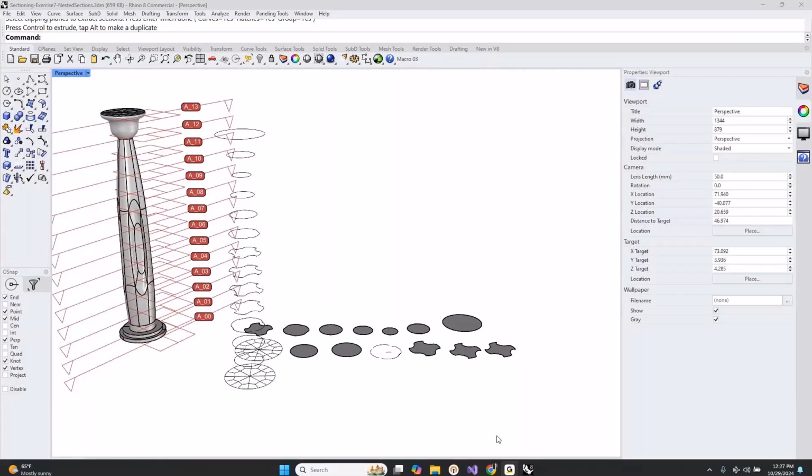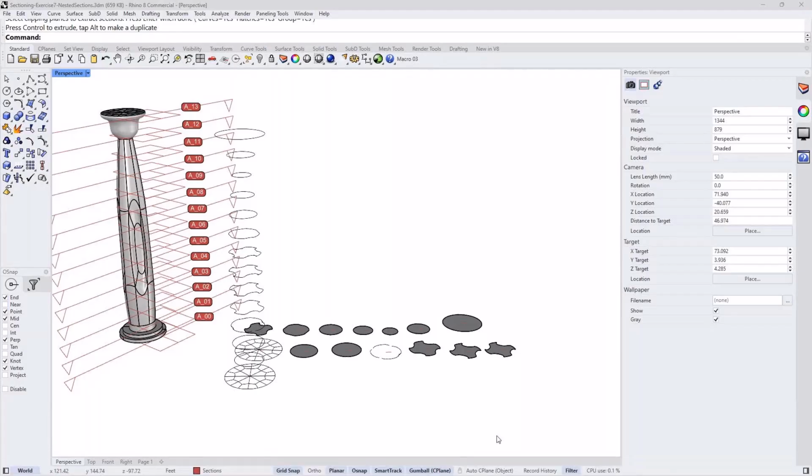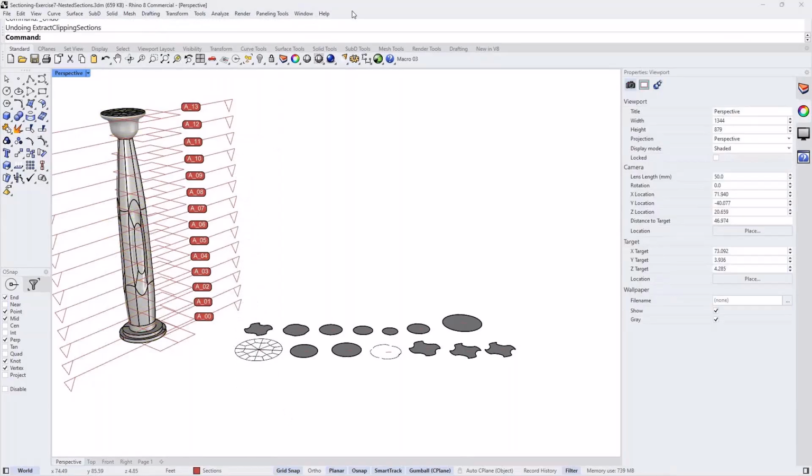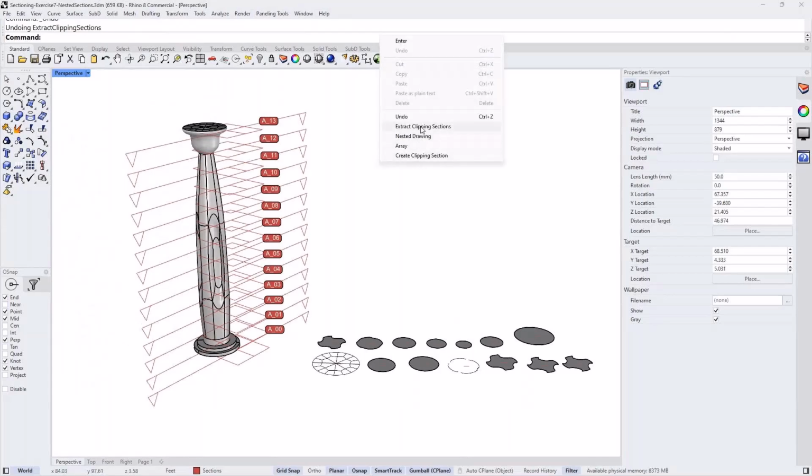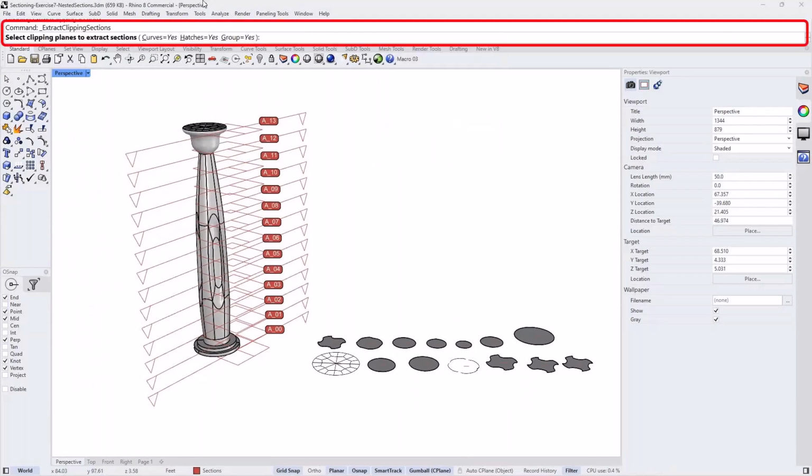Does extract slices offer curves instead of surfaces? Yes, in extract, if I run the command again, and let's say extract clipping sections, and you say curves, hatches, and group them.